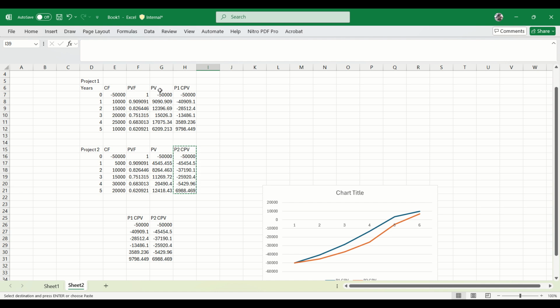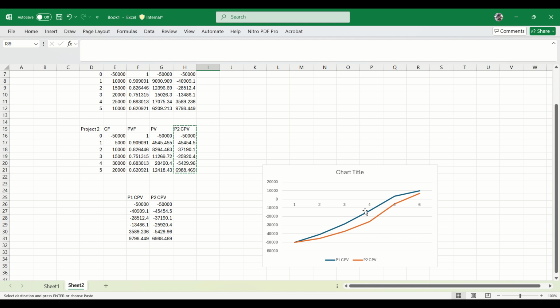Calculate the present value discounted. This is discounted here. Then compute the cumulative present value, which is here in these two columns for both projects. Compare the graph, which we did, and we recommend project number one as a decision based on the finding of the graph. I will stop